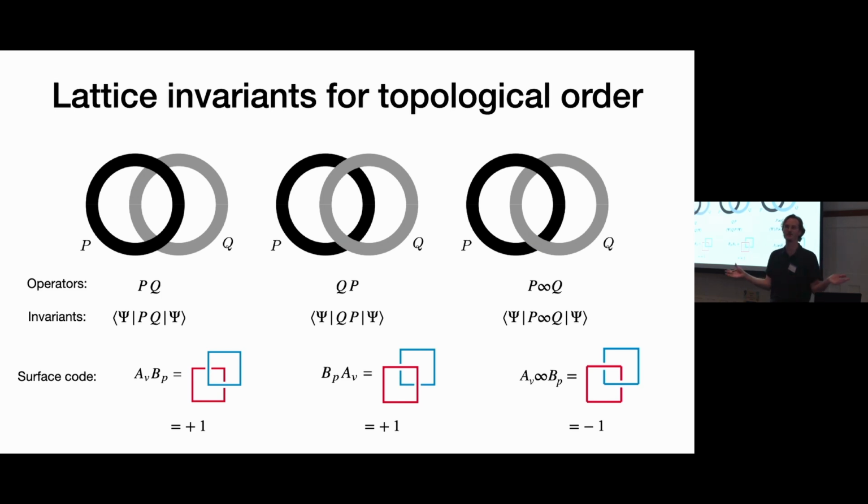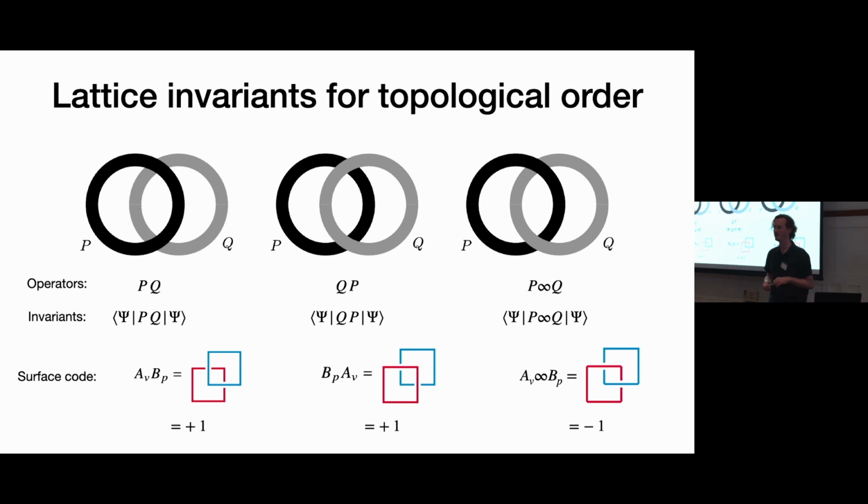And say even if you just have some stabilizer model, you don't know what it is. It's very easy to do there, but it's still a little bit subtle. Like if I want to take some stabilizer model, I don't know what it is, and I want to see how many copies of toric code are in there. This is the best method to do it because there's basically no chance of getting the answer wrong. Whereas if you use topological entanglement entropy, you can actually get the answer wrong.